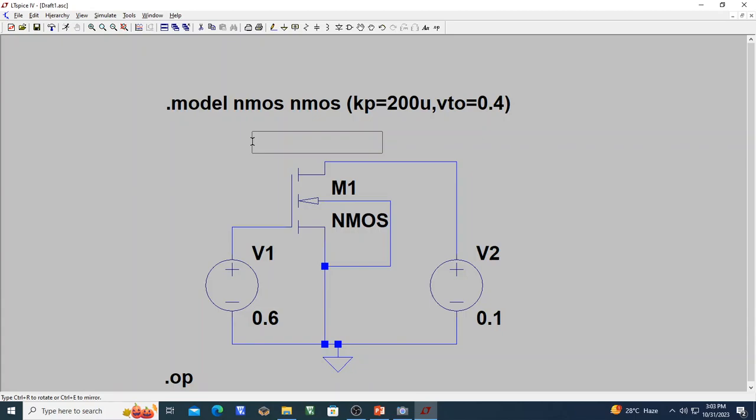See now, earlier this was dot op. The moment I click this, you can see this will become dot DC, V2 source varying from 0 to 1 volt with an increment of 0.01 volt. The moment this dot DC comes, this dot op is commented out. Now if I run